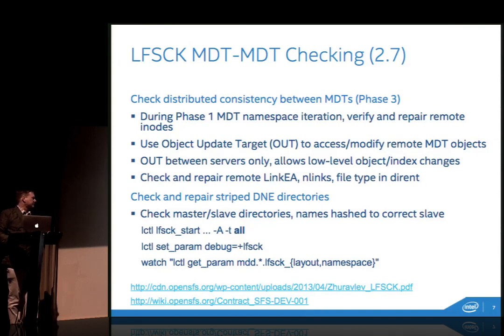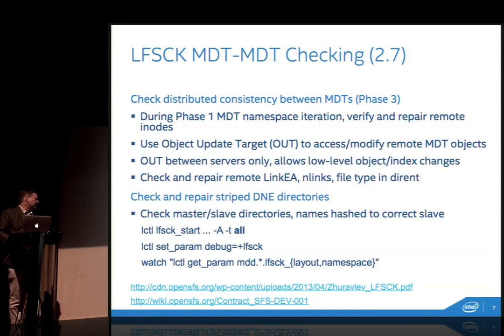And the stripe directories also have a directory structure. There's a master. I think there's a diagram in the D&E documentation that shows how the stripe directories are structured. But in LFS check, we add in this -t all, which means do all of the different LFS check scans at the same time. I mean, in the previous version, you had to say -t namespace, -t layout,